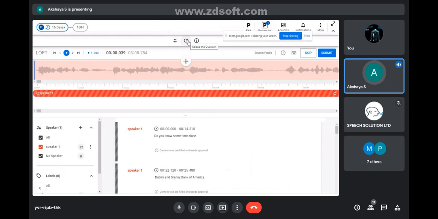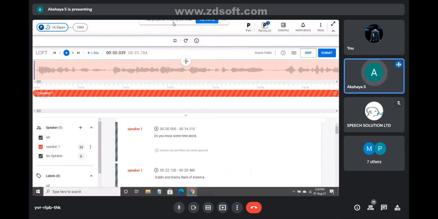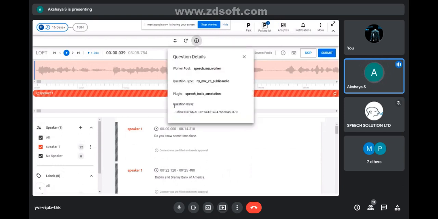Clicking on this I option, you will find all the details of your task ID. You need to copy the question ID. Sometimes there is a mouse shortcut to copy the question ID, but sometimes this shortcut won't work. That is the glitch.